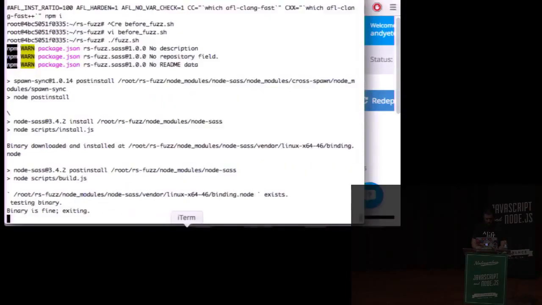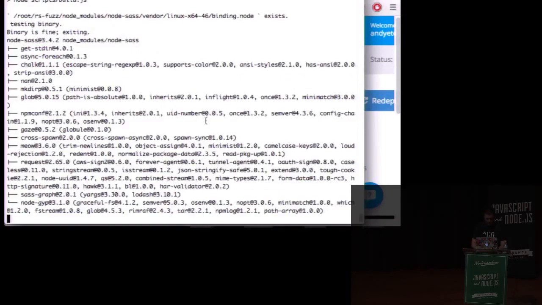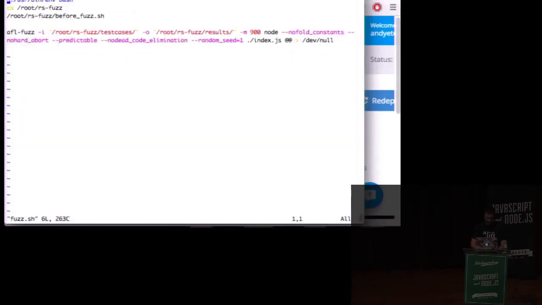Okay, well, that works apparently now. Okay, let's not send our output to dev null.